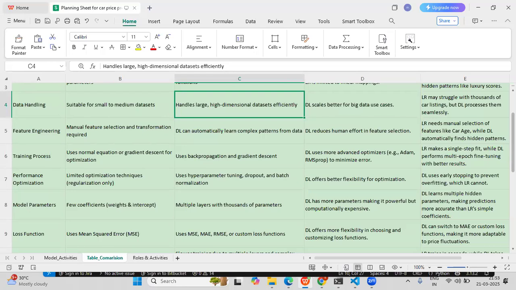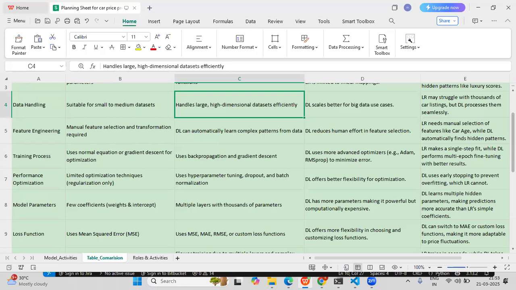We have techniques in deep learning that give optimization of the model. So deep learning offers better flexibility for optimization over the linear regression ML model. Then deep learning uses early stopping techniques to prevent overfitting, which linear regression cannot have.